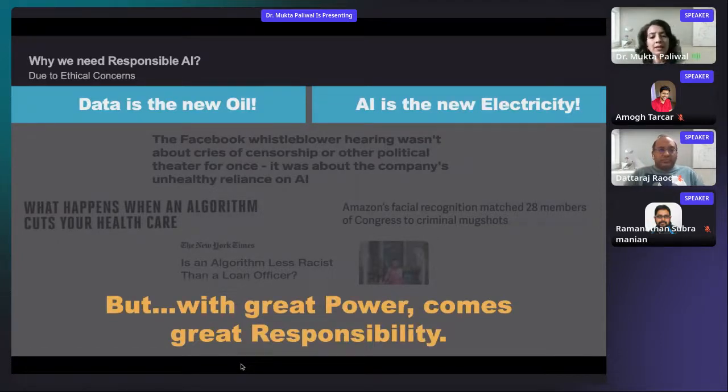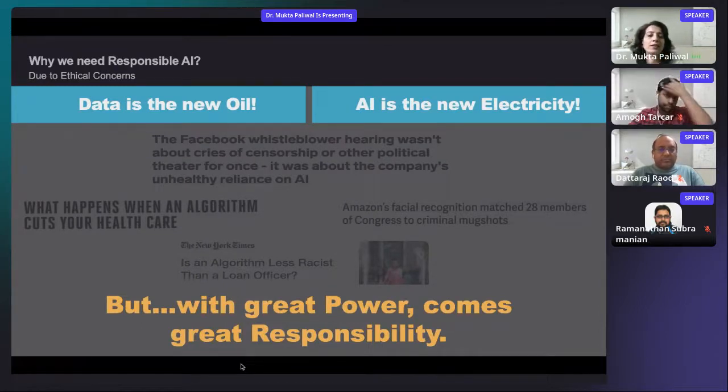But at the same time, with these great potentials and the great usage of AI that is happening around us, a lot of risk comes up due to some of these ethical reasons. In the background, I have purposefully blurred some of the titles that I have kept in the slide. The purpose is that I'm going to give you some examples of how these systems have affected our